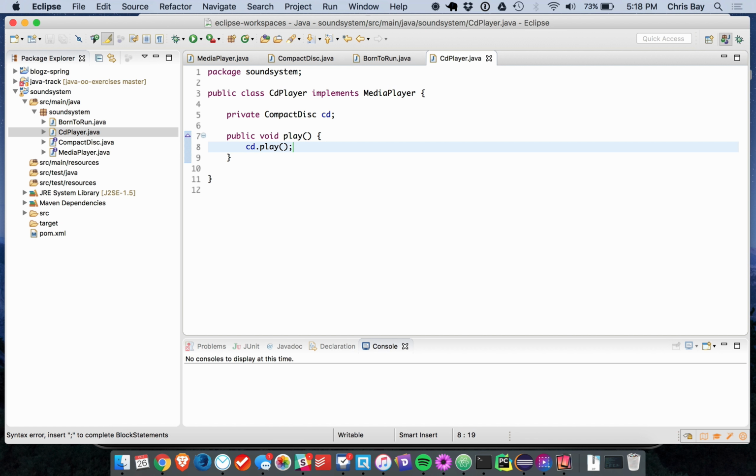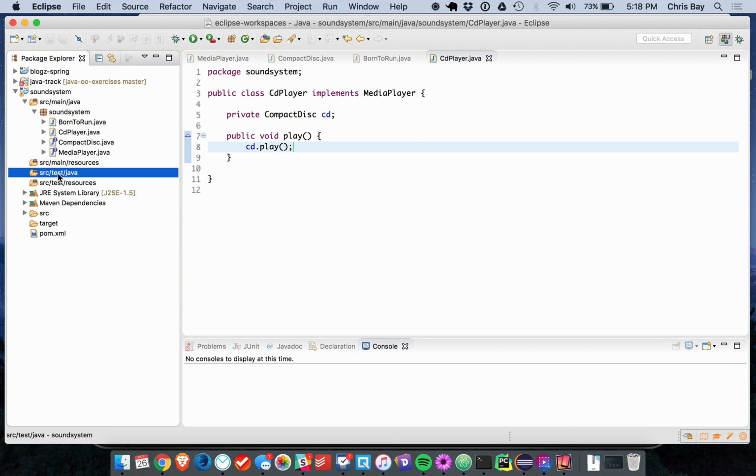Okay, so what do we want to do next? We have instances of our classes in each situation. We've done the minimal amount of coding necessary. Let's go ahead and create some tests that we can work with, or at least one test that we can work with,